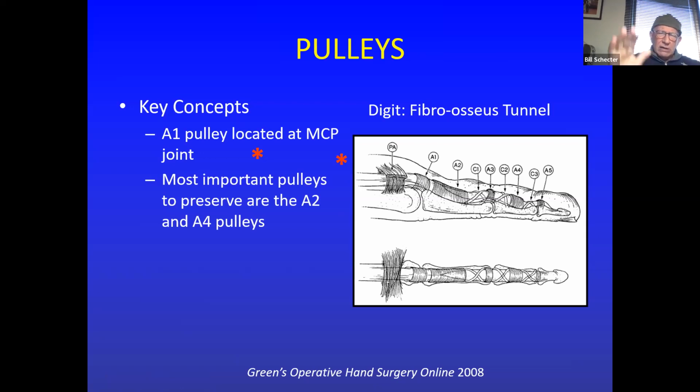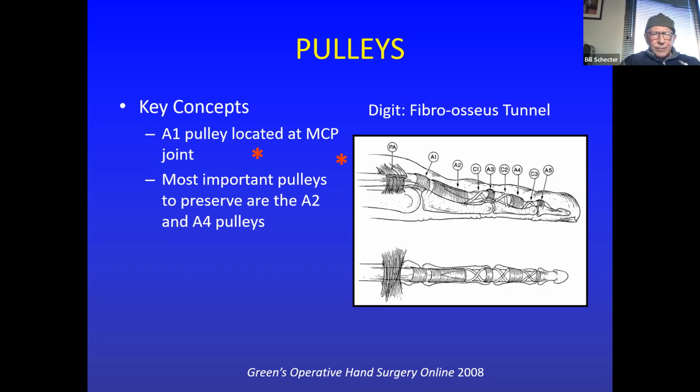And bowstringing of the tendon means that if you look at my fingers now and I'm flexing my fingers, the tendons hug the skeleton. Whereas if we didn't have those pulleys there, when the flexor muscles in the forearm flexed, they would pull straight down, and you get like violin strings that you could pluck. But we don't want that. We want the tendons to be sliding right next to the digits, the bones,